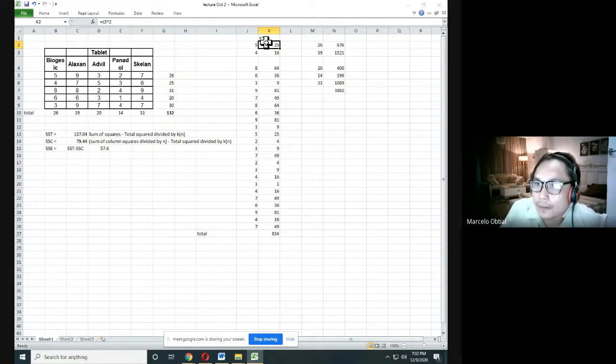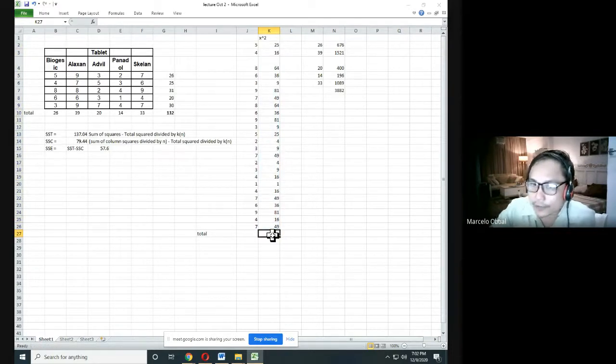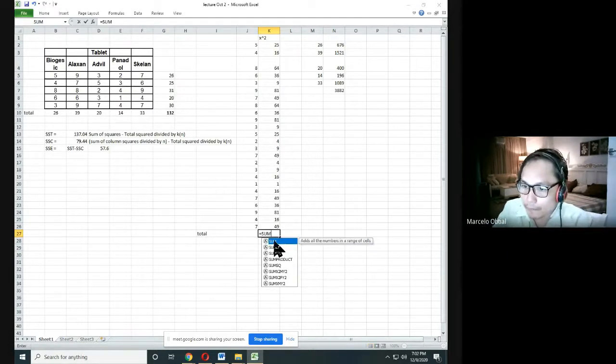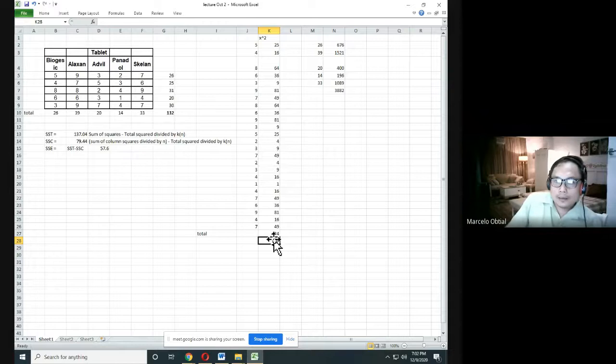Enter. Tapos, birahin natin pababa, para kopyahin nyo yung formula. So, after nyan, i-total natin. So, that is equal then sum. Then, highlight natin yung dapat natin i-total. Then, equal. Okay? So, again, the formula, tingnan natin sa itaas,